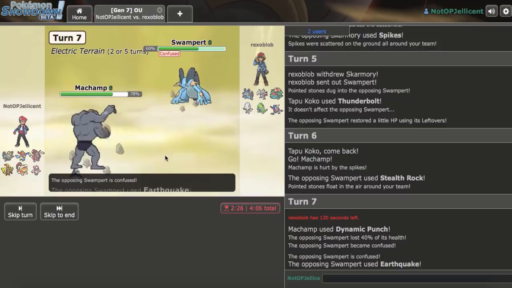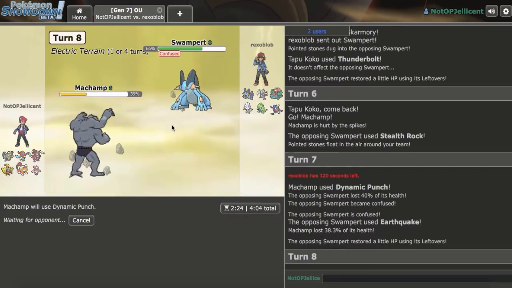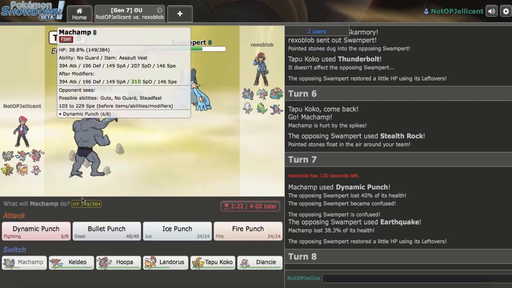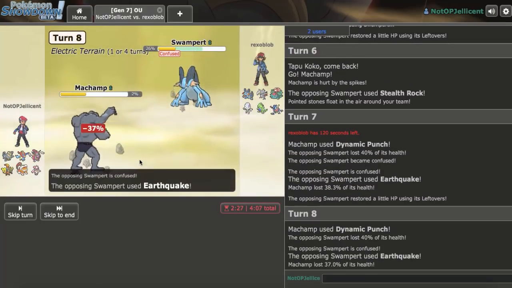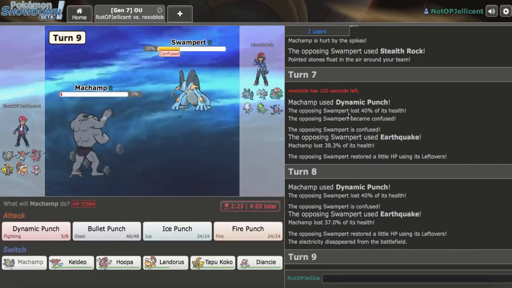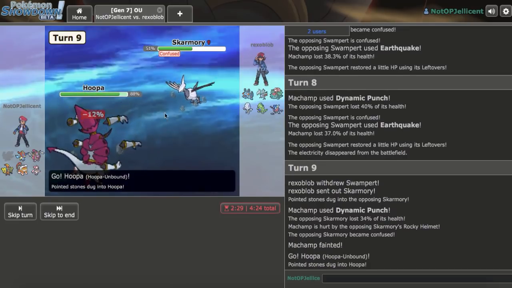Let's see if he hits himself. Now he breaks through. Okay, let's try it again. I feel like he's gonna go Blacephalon. Already broke through once. Breaks through twice, okay. Oh, I actually lived, okay. I did live right there, which is cool. Goes Skarmory. That was a weird play because...